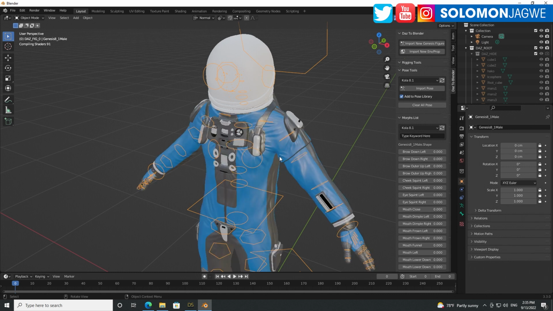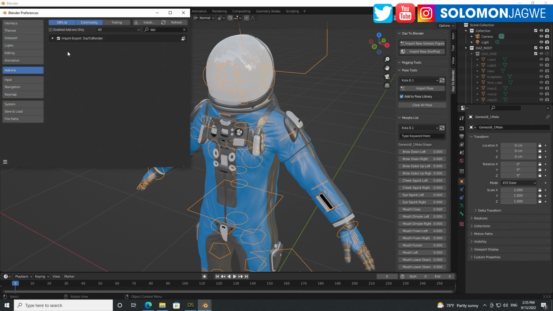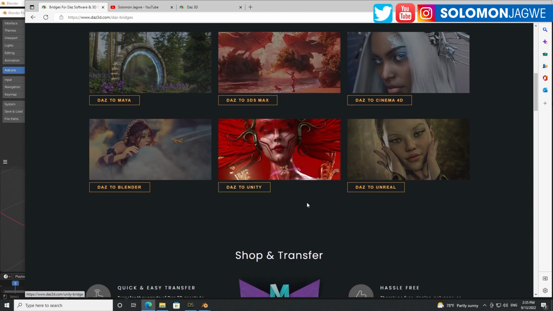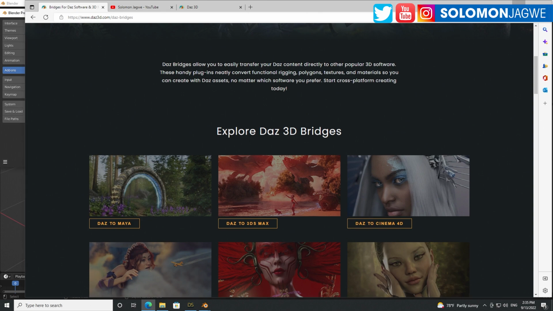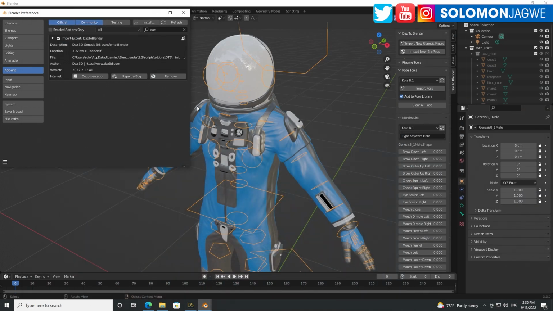It's very important, guys, to check what version of the DAZ to Blender bridge you've installed. The way to verify, again, go back to the preferences over here and Add-ons, then type DAZ up at the top, and drop down, and you can see the version is 2022.2.17.40. That is the most recent update, and what we're talking about here is that there was a major update to these plugins, the bridges, and that's why we're able to do this. So the textures are coming in properly.